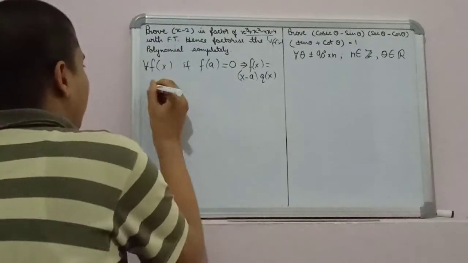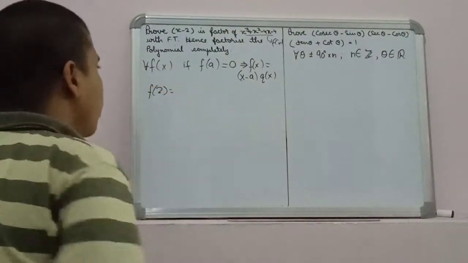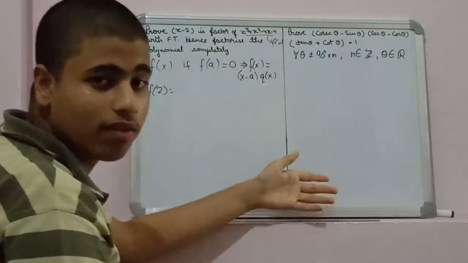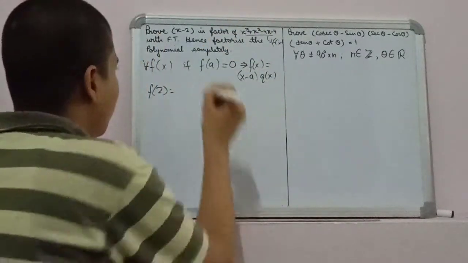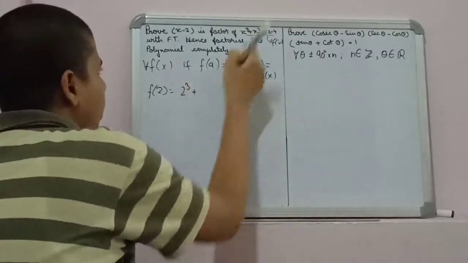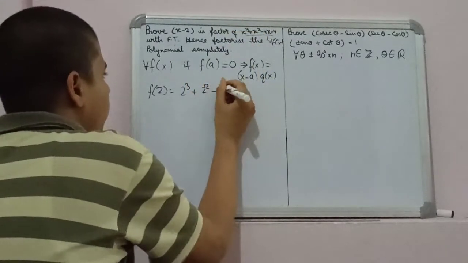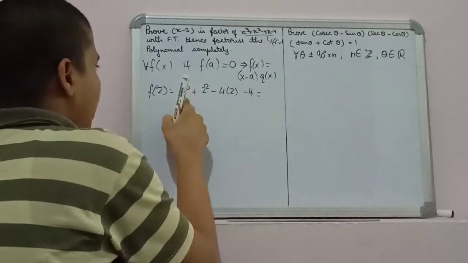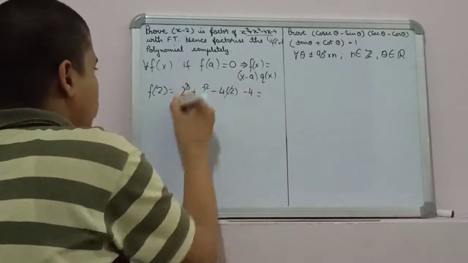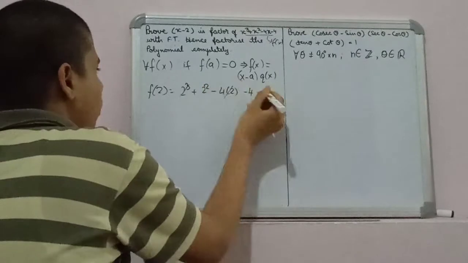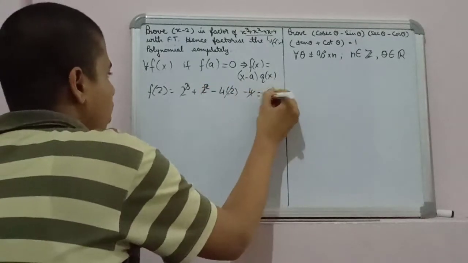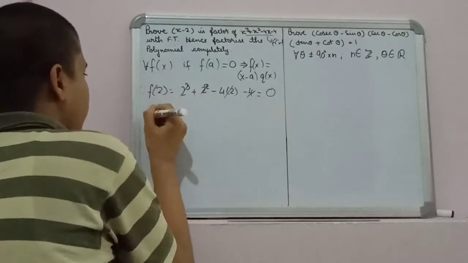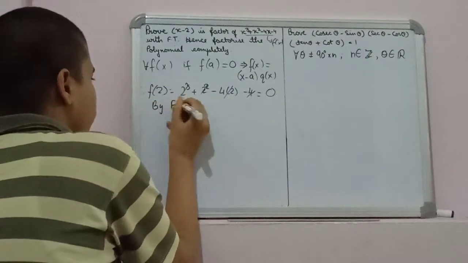Okay, so let's prove that. Let's find f of 2. That means wherever I see an x, I will be writing 2. So 2 cubed plus 2 squared minus 4 times 2 minus 4. This is 8 minus 8, those two cancel out. 4 minus 4, those two cancel out. That is 0. Since f of 2 is 0, by the factor theorem,